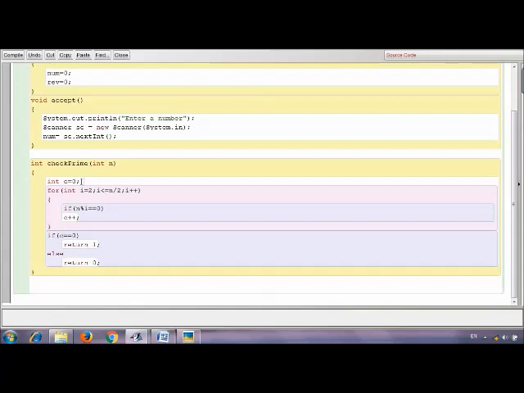We have a variable c. If c is equal to 0, this function will return 1, otherwise it will return 0. c equal to 0 means that the particular number has no divisors between 2 and half of it.